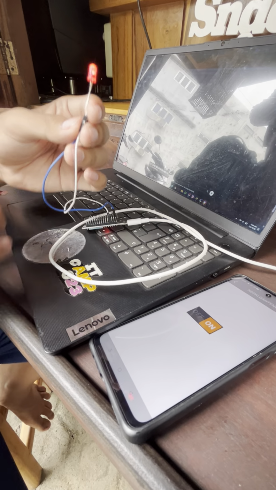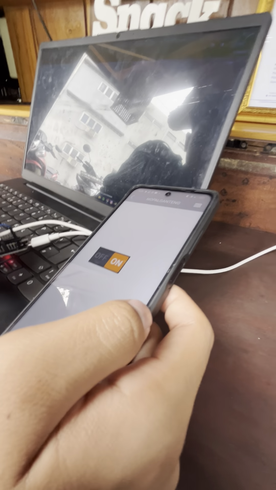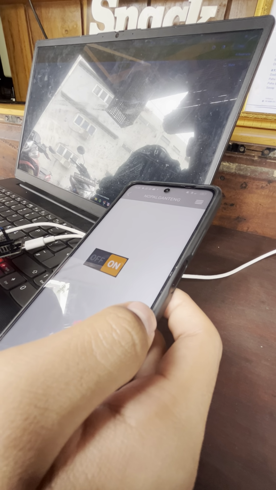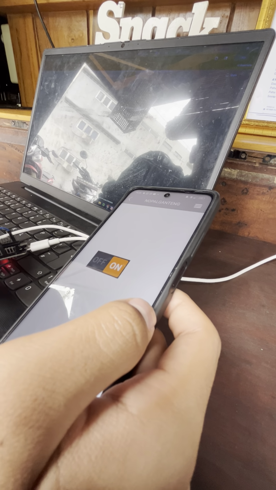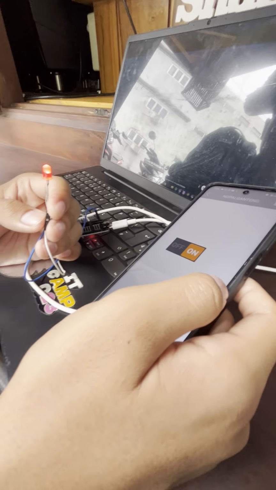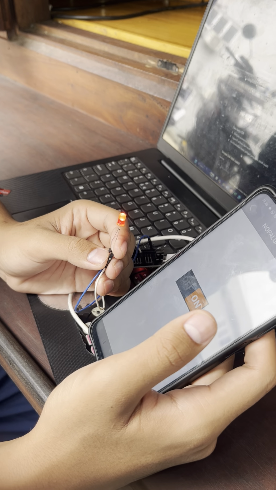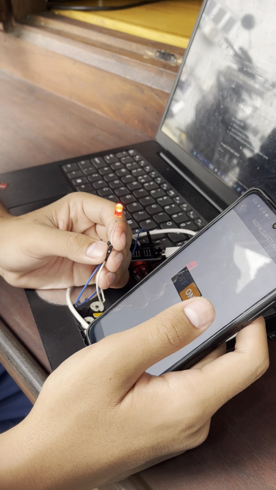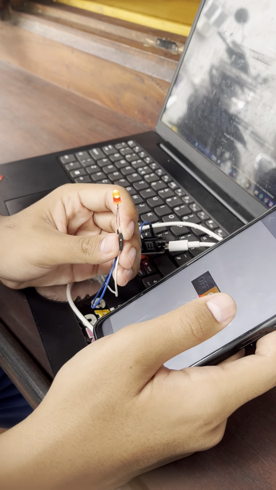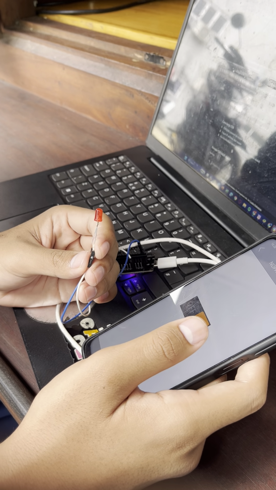Basically, in access point mode the ESP makes the Wi-Fi by itself, and in STA mode the ESP joins the Wi-Fi.